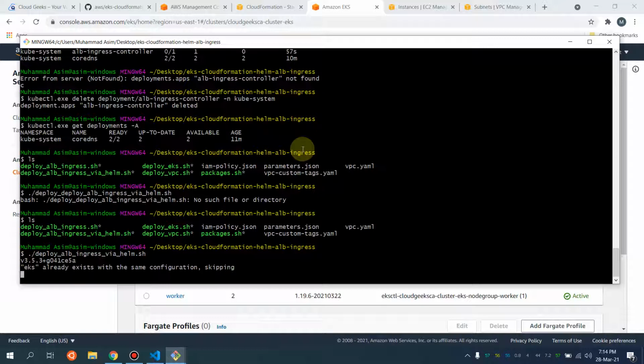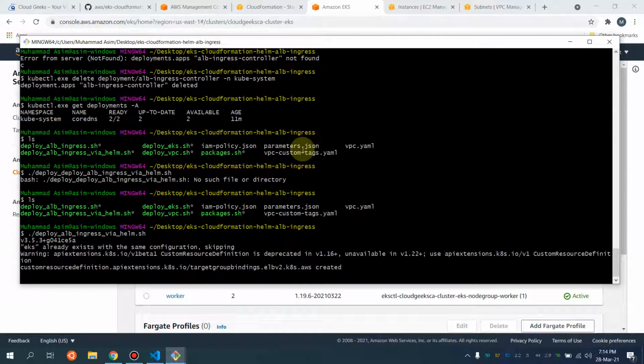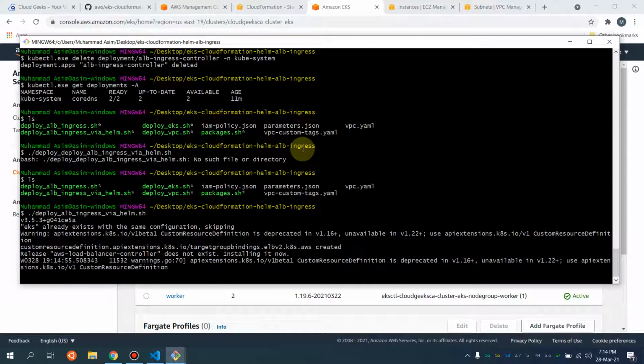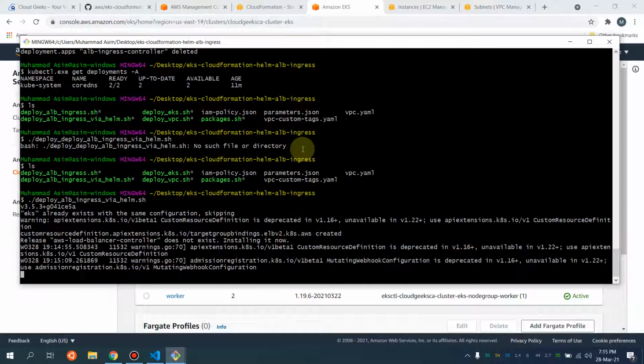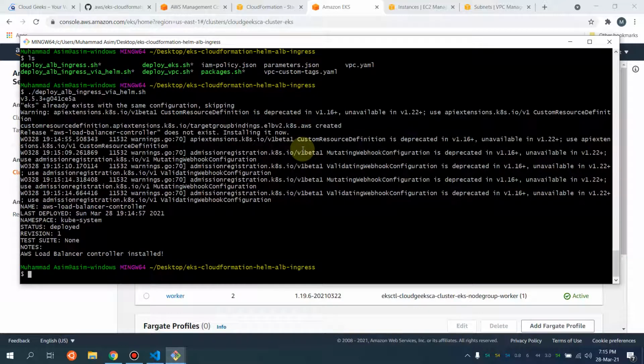If you use Helm to deploy the ALB ingress controller, you don't have to do anything other than what I've already shown you in the script. The exactly targeted documents, I've already provided in this particular script, and I'm going to show you all the links which are relevant to this deployment.